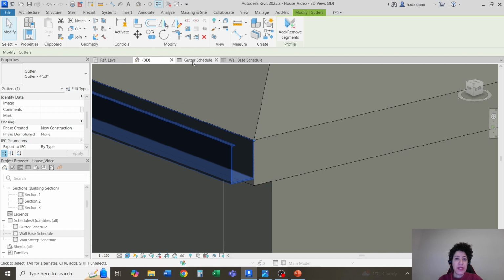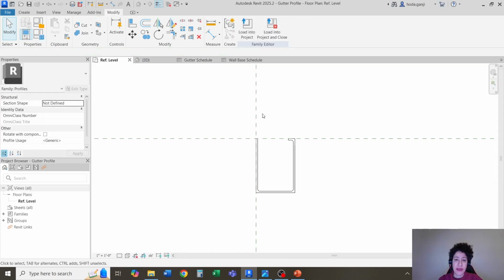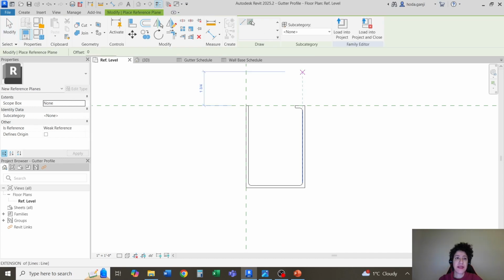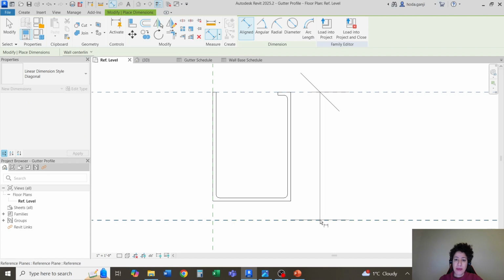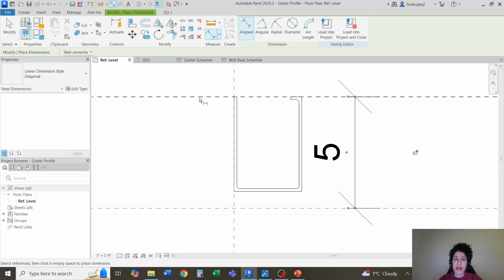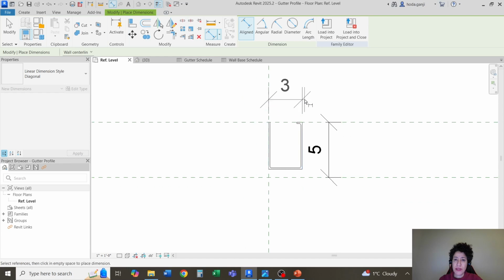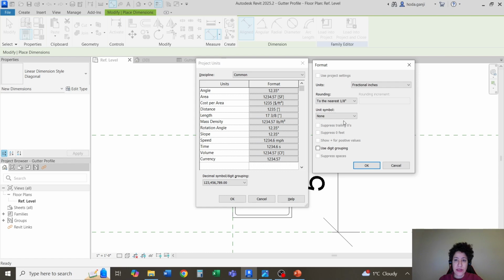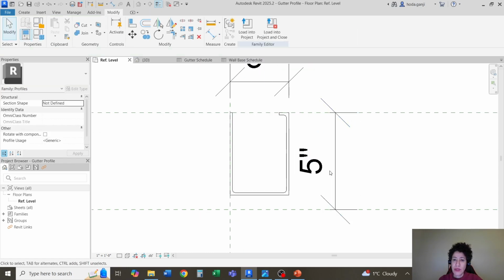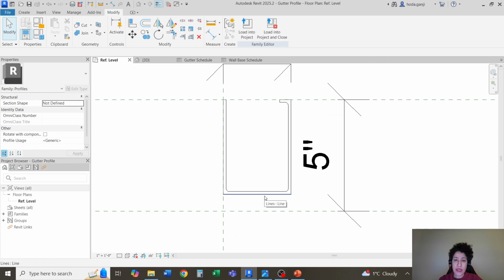Let's say one thing I can do is that in the family, I can go with a reference plane. Let's say maybe I'll drop it 5 inches away. Then I want to get a dimension here, di, and maybe I can make this a parameter. Let's say the width always remains 3 inches. And by the way, in the units, when I added inches, I could add the symbol for inches. That would be easier. Okay, but maybe here, instead of 4 that we originally assigned, I want this to be